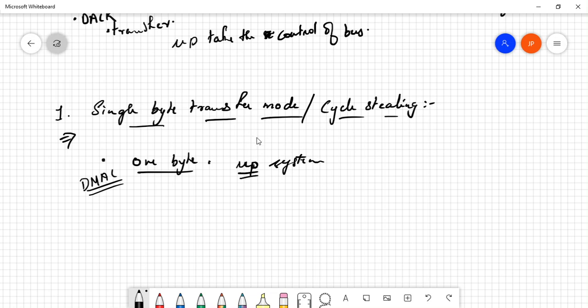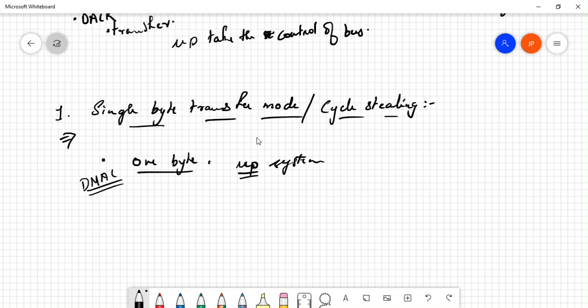As a programmer, let's say you are using a PC and you are connecting a USB and you want to transfer data between your memory and USB, and you have given the request for copying some data from your memory to your USB. Then your MPU would not work if it did not have control of the system bus till the copying takes place. So that is not the case, right? That is not the case when we use the PC, right?